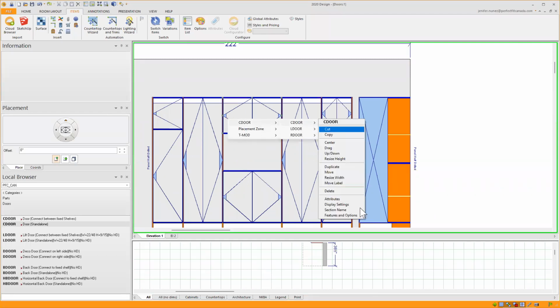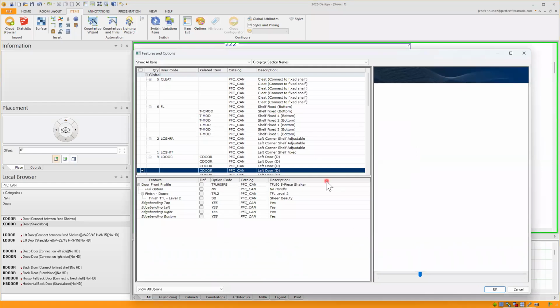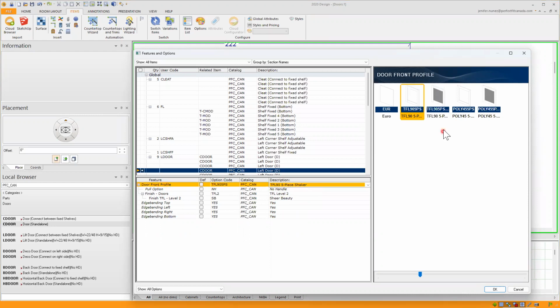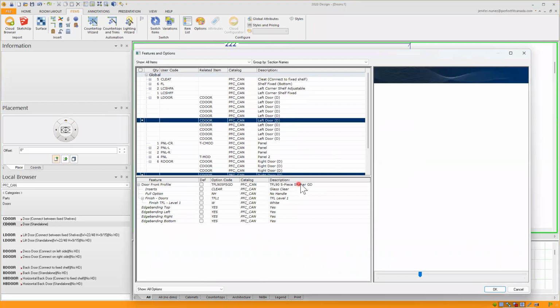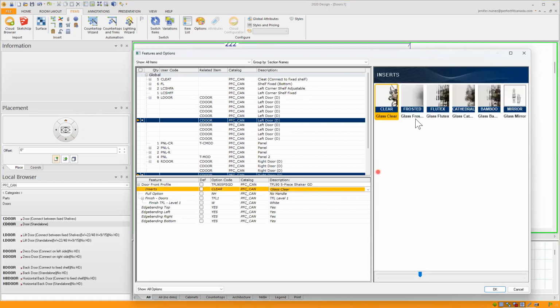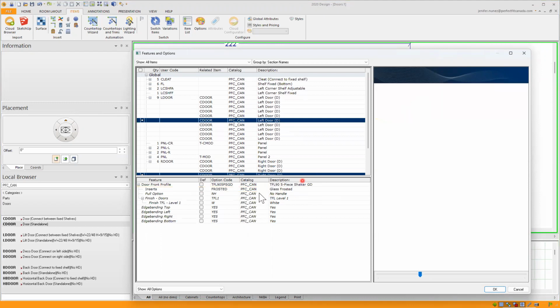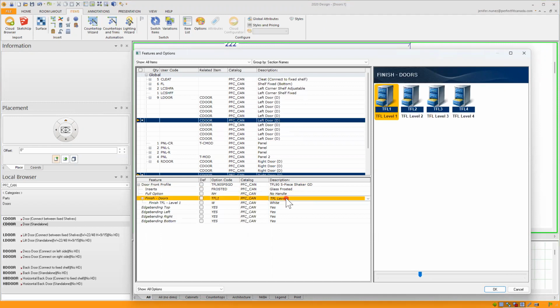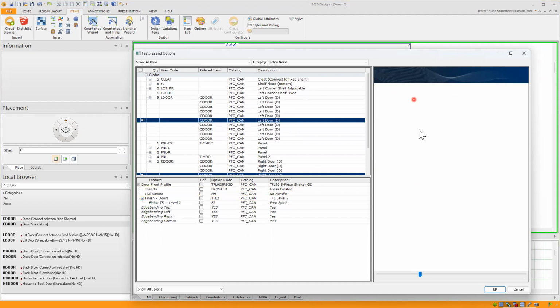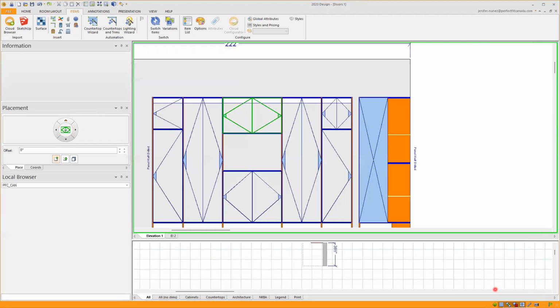I will go Cdoor, features and options, selecting only that one, and I will change my door front profile to the 90, the 5-piece shaker with glass insert, and I want it to be this frosted glass, and change my finish door again to the sheer beauty,